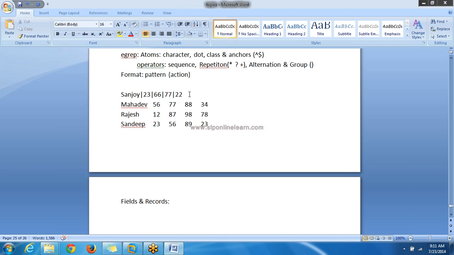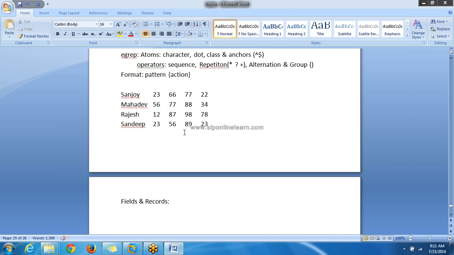So if the data is like this, the field separator is the pipe symbol. Here there are 5 fields and 4 records.